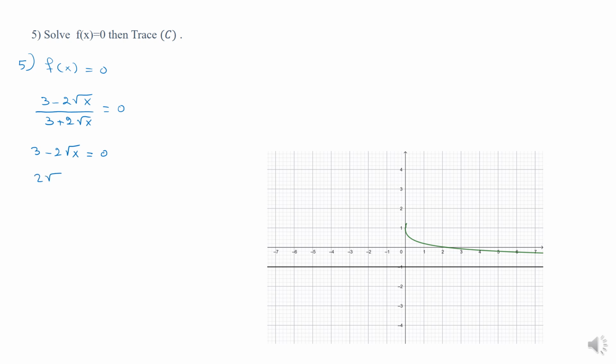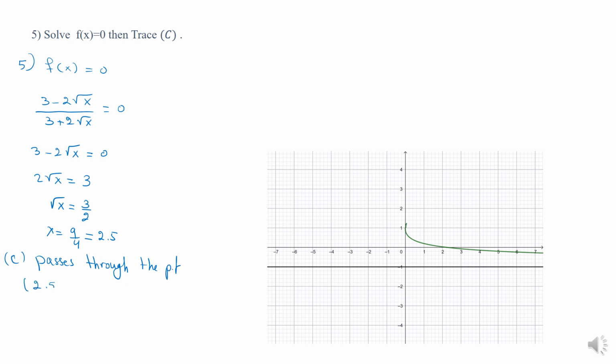So 2 radical x is equal to 3. Radical x is 3 over 2. So x is 9 over 4, which is 2.5. Means that c passes through the point